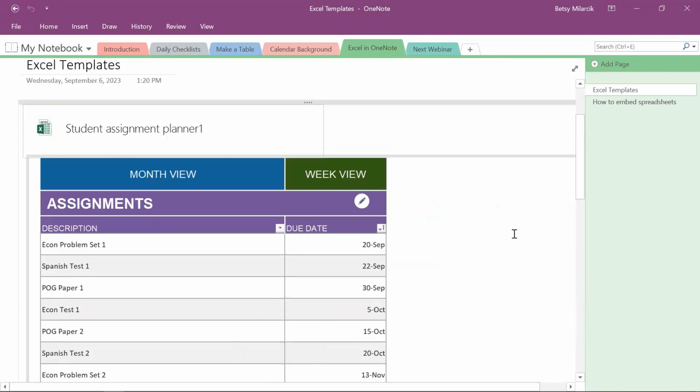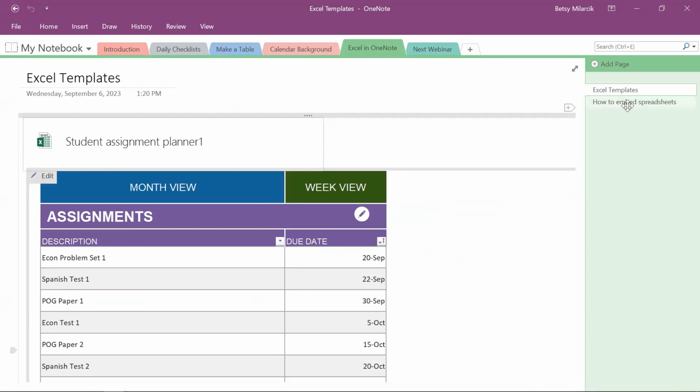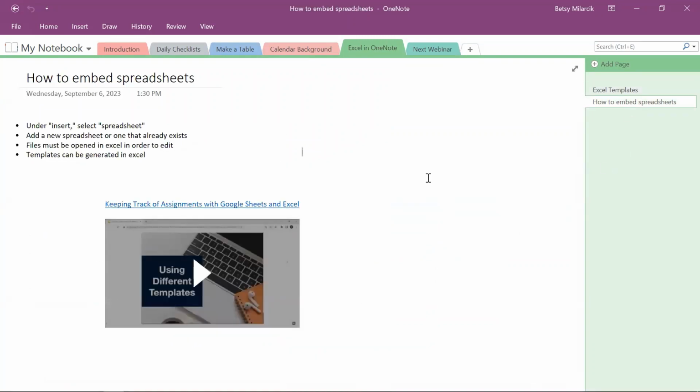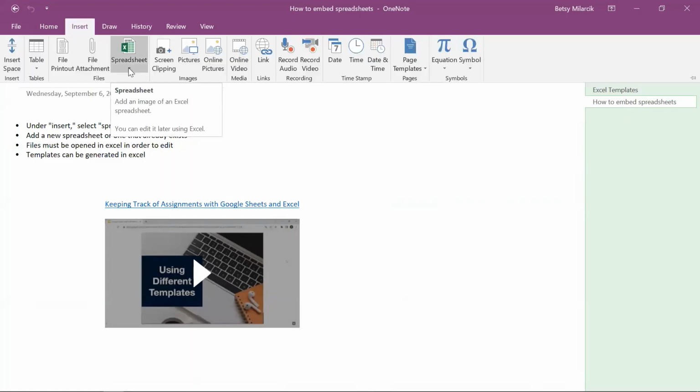So there's some pros and cons to using Excel. As I mentioned before, we had a webinar that we did on this called Keeping Track of Assignments with Google Sheets and Excel. And at the end of the presentation, I'll show you our YouTube page link. How you embed a spreadsheet is, again, pretty simple. You go up to Insert and then go to Spreadsheet, and then you can either do an existing Excel spreadsheet